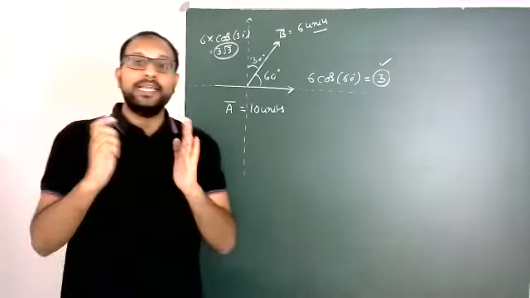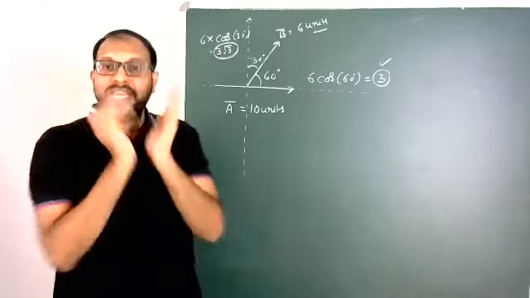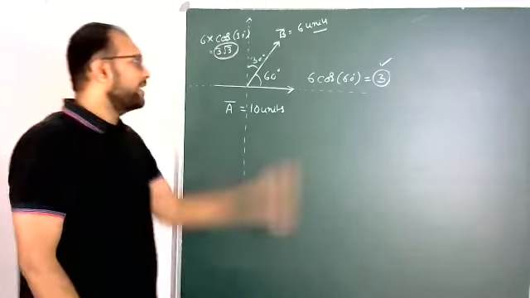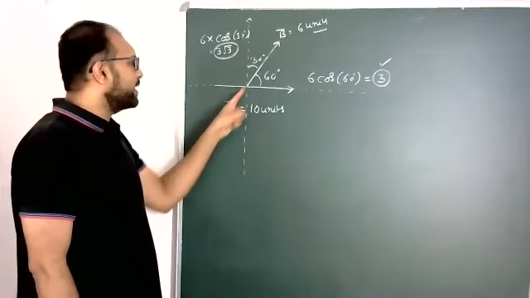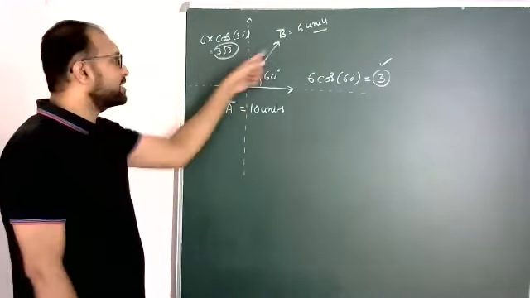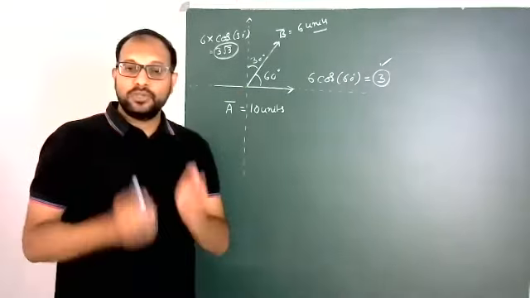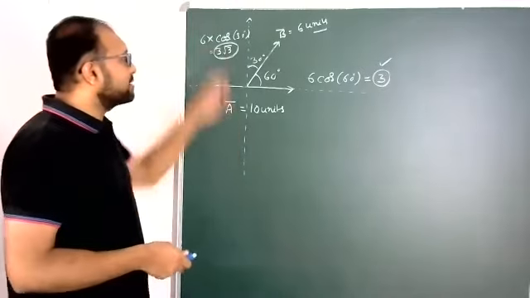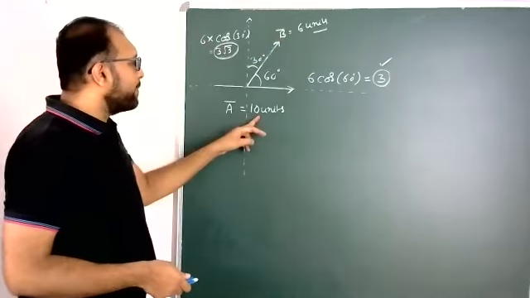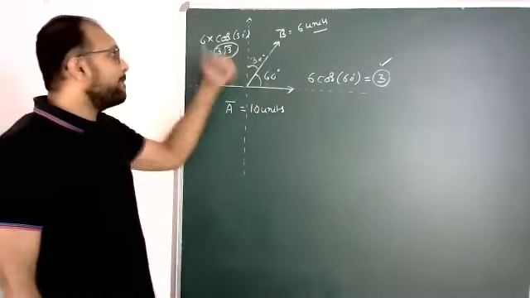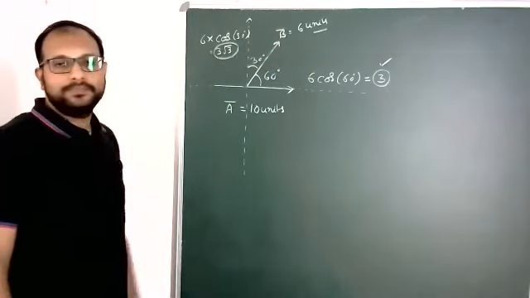So this is the second important principle: a vector should be in between its components only. This is our vector. That's why this is one component, this is another component. Here no component, here no component. Suppose this vector is here, then this component will again come. So this is the resolution: the component of B bar along A bar, and the component of B bar perpendicular to A bar.